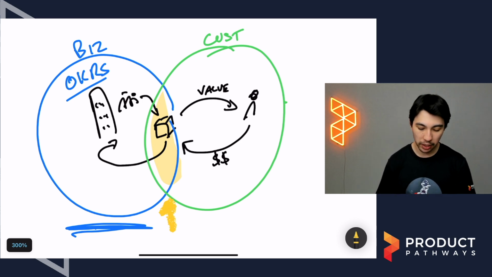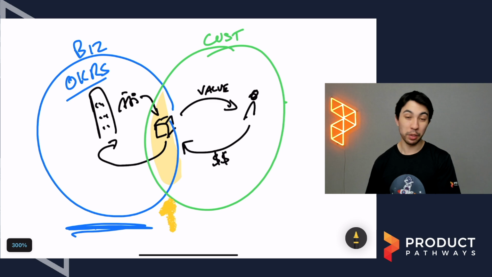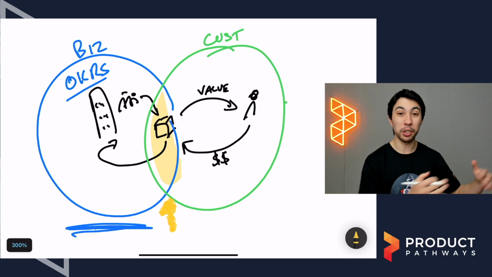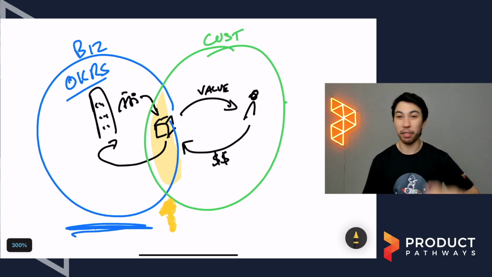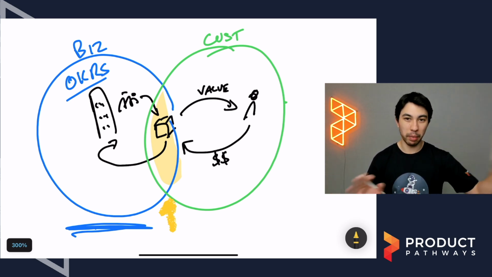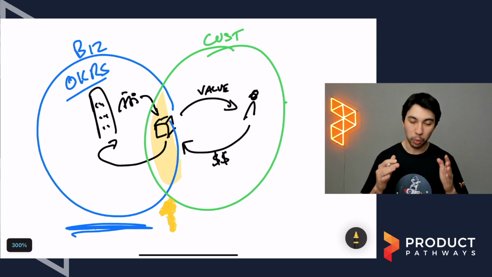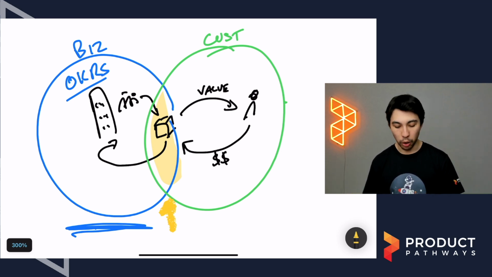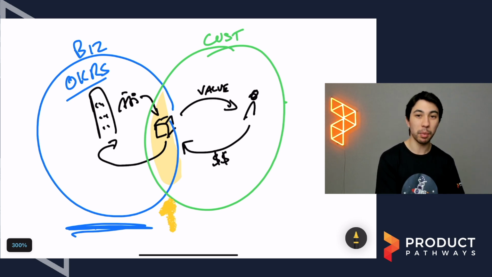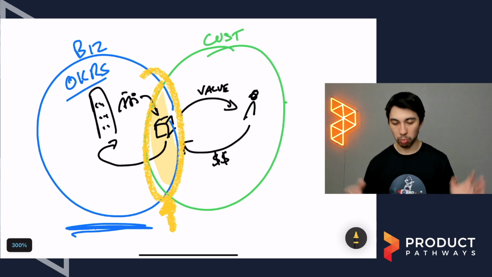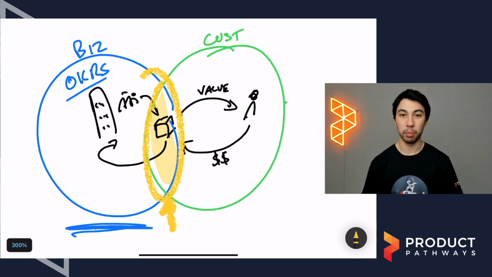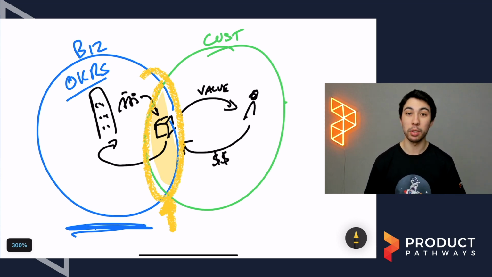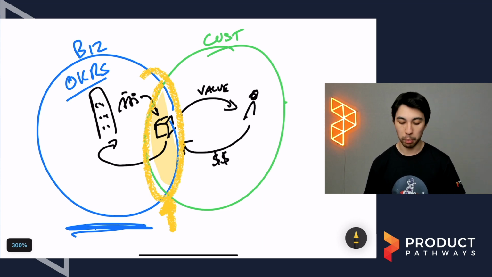It's not just the business thing, and it's not just the customer thing, because if it was just a customer thing, we'd just give free money and free products out to our customers, right? But if it's just a business thing, then we'll charge for everything. We'll make our fees really, really expensive and make life a nightmare for our customers. We need to focus in this center. So OKRs should have both customer impact and business impact. We need to be thinking about both and making sure we're balancing both of them. So don't become too insular. You need to be able to see your customers in your OKRs. You need to be able to see the business as well. You need both. That's really the moral of the story there.